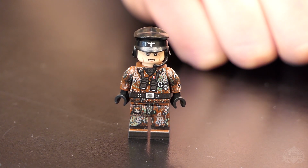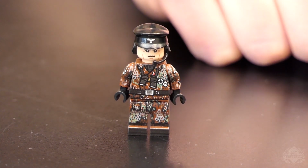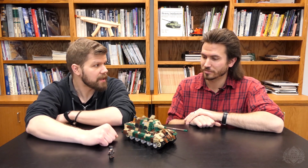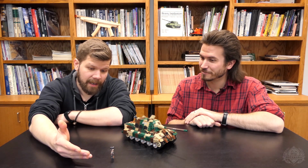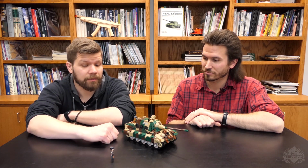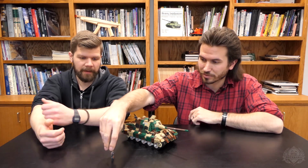Yep. So that's a later war camouflage because this is a later war vehicle. That's right. You can also pick up the Tiger crew pack that would also go really well with this, so kind of complete your crew with that. Yep, you can deck it out. There's plenty of space inside there to fit a crew. This guy's actually in the Tiger crew pack. But you can mix and match the camouflage patterns to create your own unique minifigures. And he can just pop right in